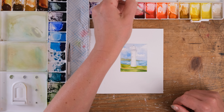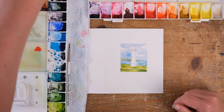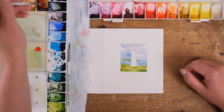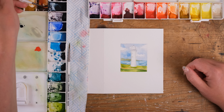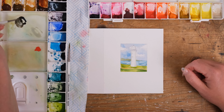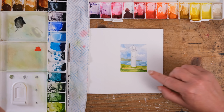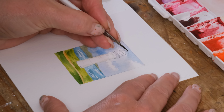So for the red, I'm going to use my organic vermilion, because that's just a really lovely, classic, easy red. And we also have the top of the lighthouse, which I'm going to mix up some Payne's grey and a little bit of burnt sienna to make a cool grey. There we go. So I'm just going to wait for those shadowy bits to dry, and so I will paint